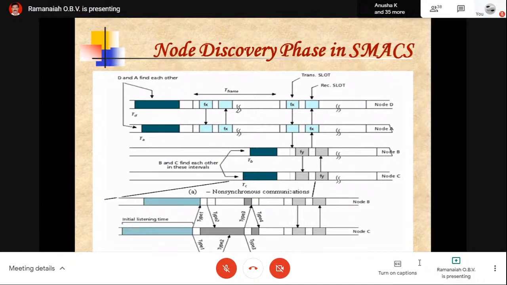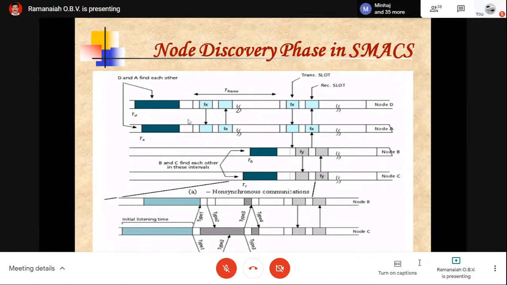The node might be dead, right? Or because of some parameter, it is not able to reach node C. Something may be preventing it, some bad weather or something, whatever may be the reason, right? So by this time, A and D have discovered each other. Now it's time for channel assignment, the second phase. During this time, they have exchanged schedules,